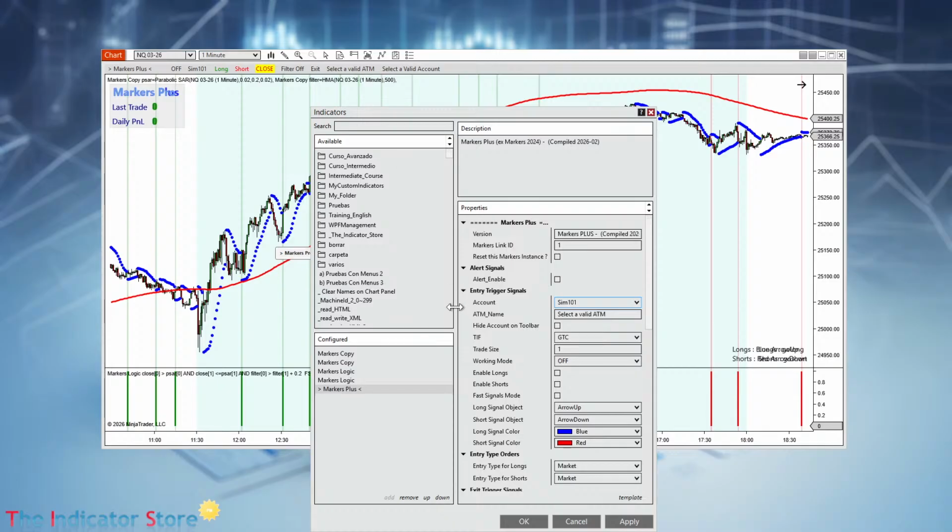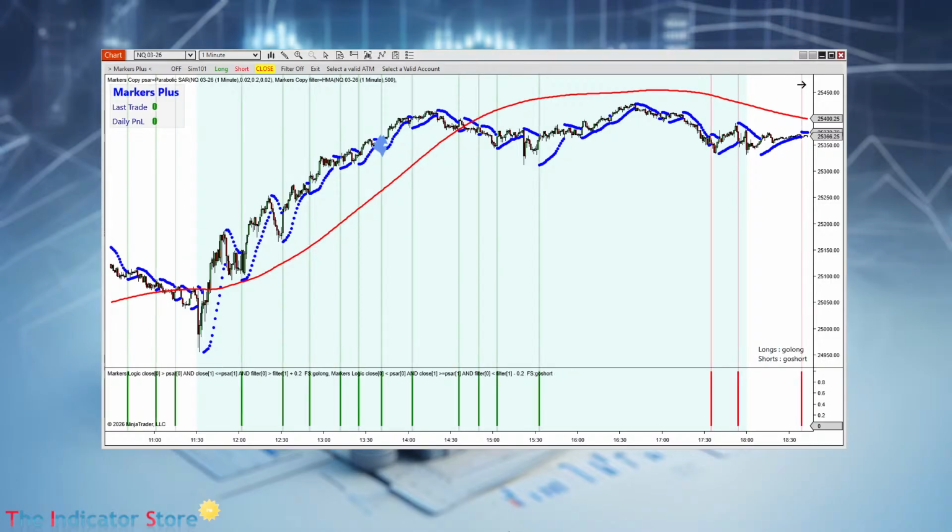Now I am going to show you. The most important are the signals. The signals are go long and go short, because those are the signals that we defined on logic. So we click on OK. And now it is almost ready, because we need an ATM and we need an account. So for this example,